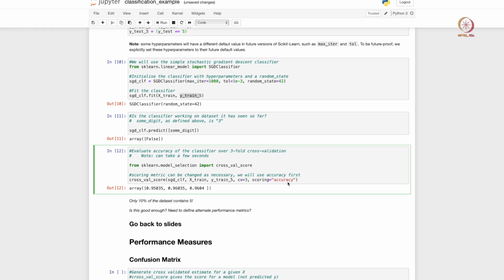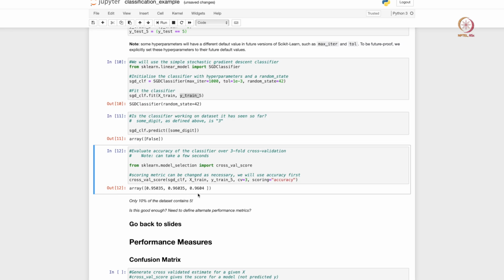So that is basically your accuracy. If you think in terms of positives and negatives in the case of a classification model, how many true positives you have divided by the total number of predictions you made, that is your accuracy. Our cross validation score basically tries to measure accuracy as a metric when we do this 3-fold cross validation exercise, and it has printed out the accuracy values for all the 3 models that it trained, and the accuracies, at least on the face of it, are quite high.